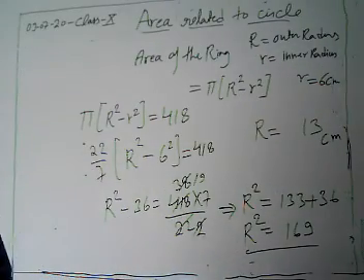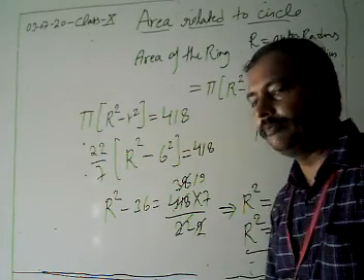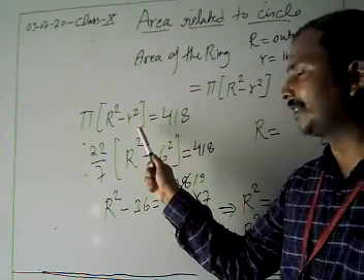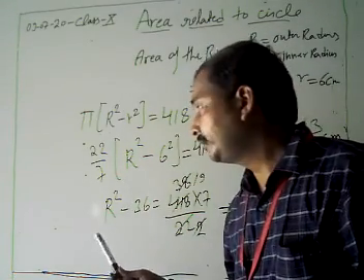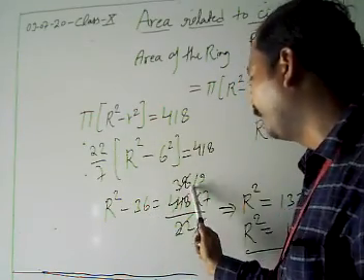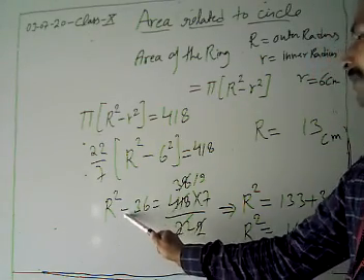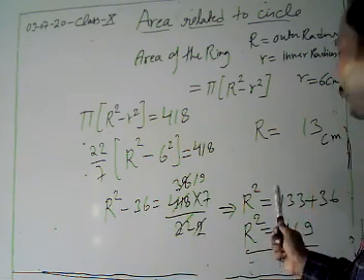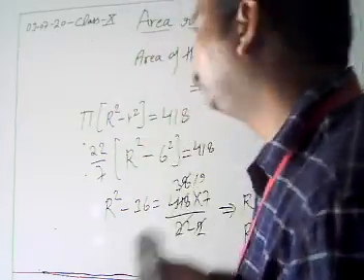I'm going to revise this again. In this problem, we are given the area of the ring, 418. Also given is the radius of the smaller circle, which is 6 centimeter. We have to find the radius of the bigger circle. Put in the value 22 by 7. R square minus 6 square is 418. Shifting 22 by 7 to the right hand side and solving, we get R square minus 36 is equal to 133. Then we put plus 36, so R square is 169. After taking the square root, we get the value of R as 13 centimeter. Now we are going to move on to our next problem.